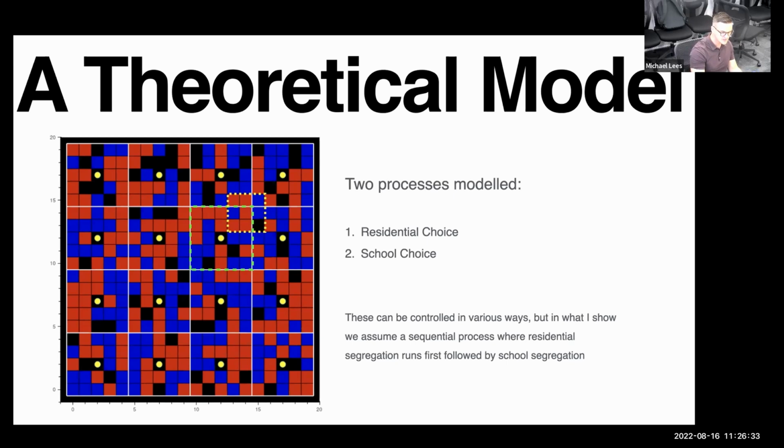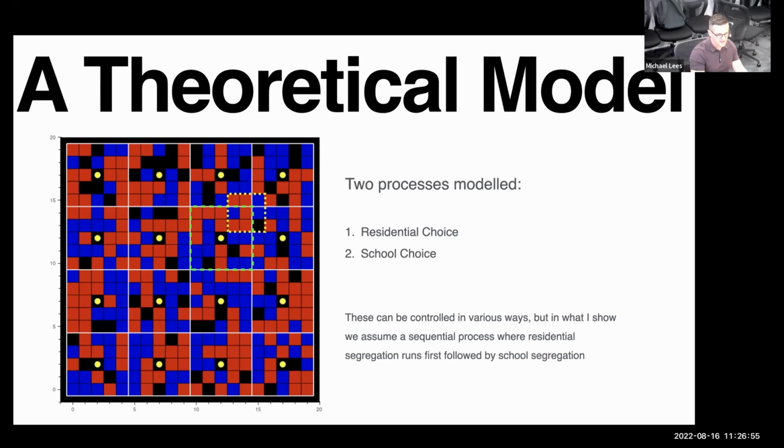And in the simplest version of the model, we have this kind of simple neighborhood. And what you see is there are these local neighborhoods, which are in the white boxes. At the center of every neighborhood is a yellow circle, which is the school. And then the rest is like the Schelling model, where the red and blue agents can move around, right? We can make more than red and blue if we want. We can make 4 groups, 5 groups, and so on.